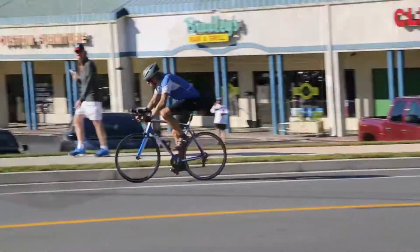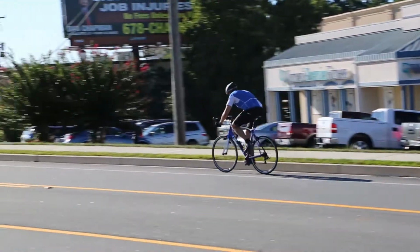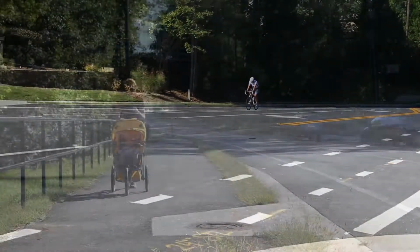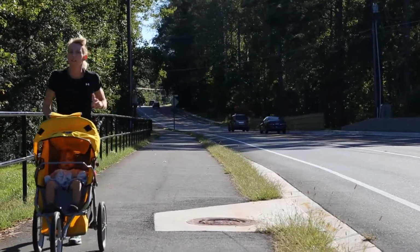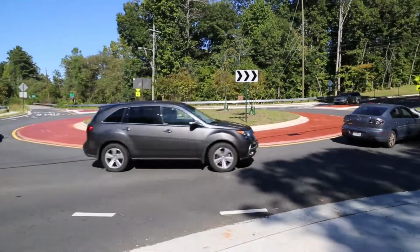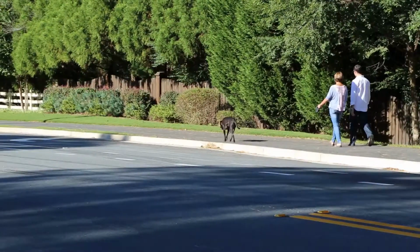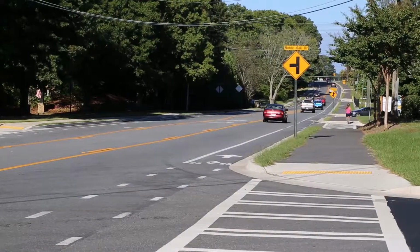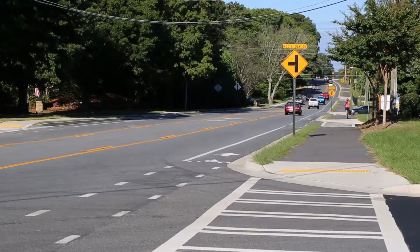When you go out to that project on any given day, particularly on a weekend, you see all these bicyclists and pedestrians along the corridor. You see all these motorists going around through the roundabout. And I think the part that gave me the biggest fulfillment is that Gresham Smith created something that no doubt improves the quality of life in East Cobb,